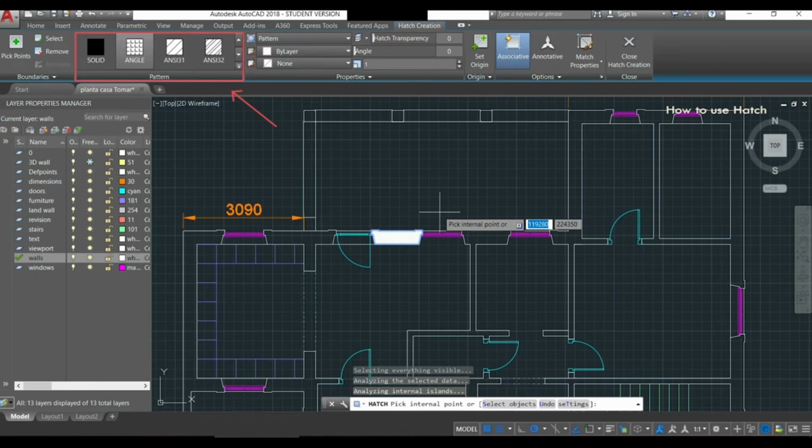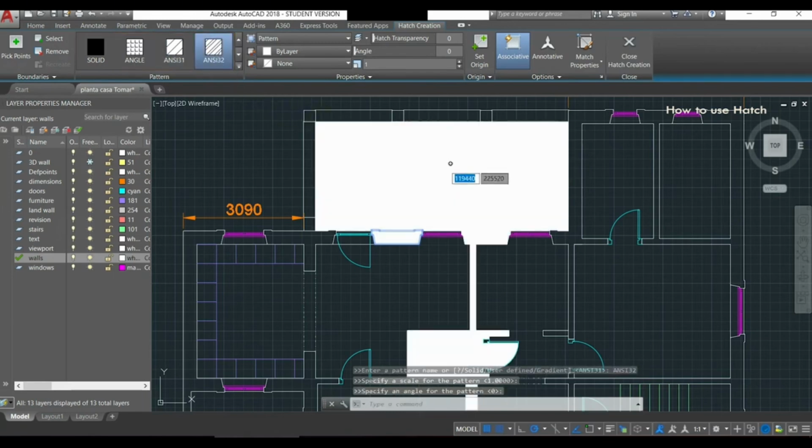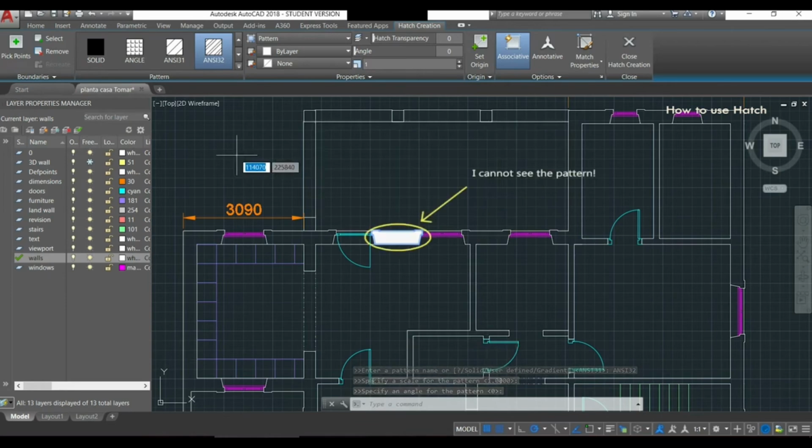For the shape, we can use one of the patterns located in this panel. The first one, called solid, fills the enclosed area with only one color, and the others have the pattern indicated in the image. Now I'm going to choose this one, but as you can see, it looks like nothing happened because I can see only one color.